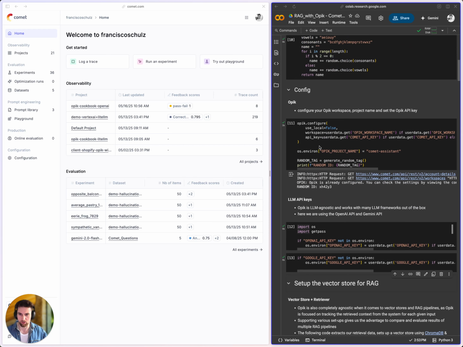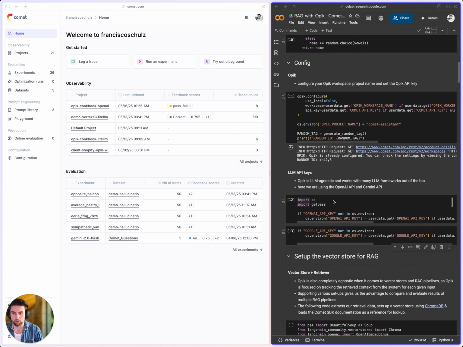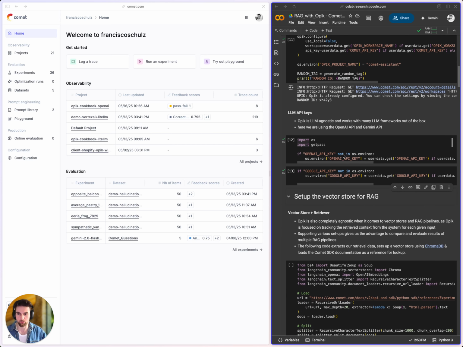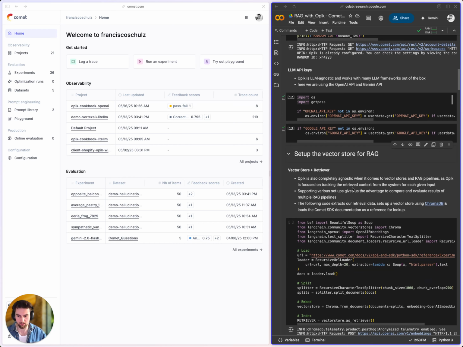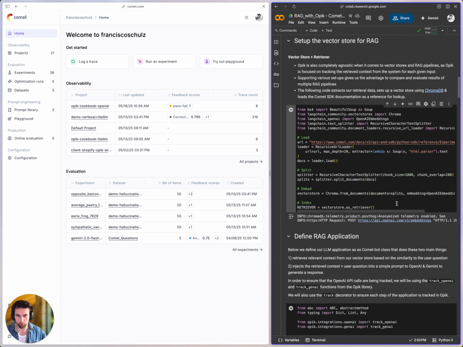I configured my Opik client. I set environment variables like my project name and my LLM keys. I'm going to benchmark essentially an OpenAI model versus a Google Gemini model. So I set an OpenAI key and then the Google API key. And then in the next step here, we are going to load